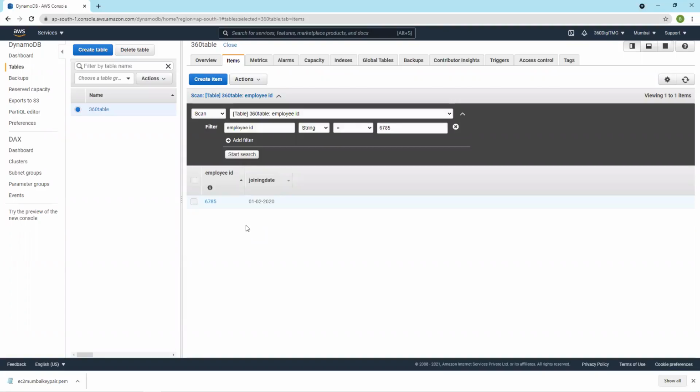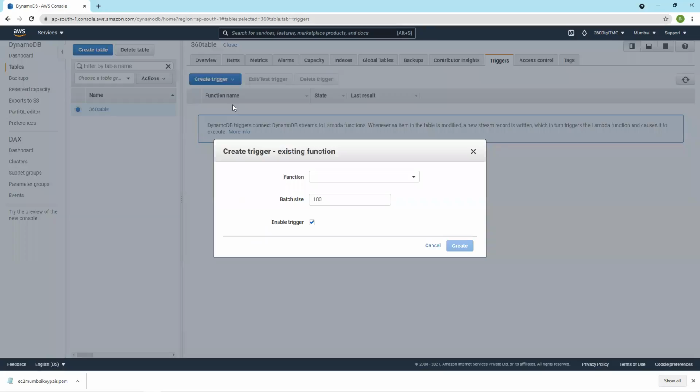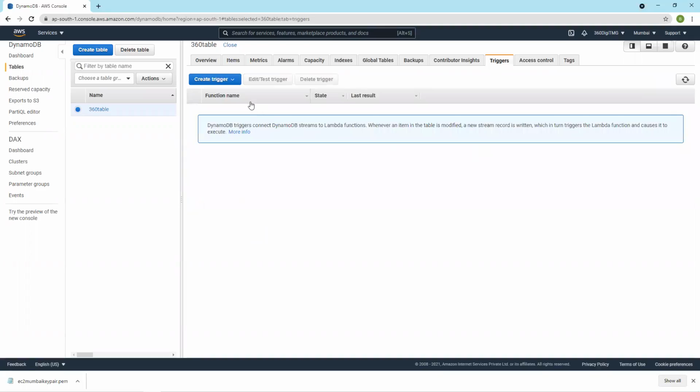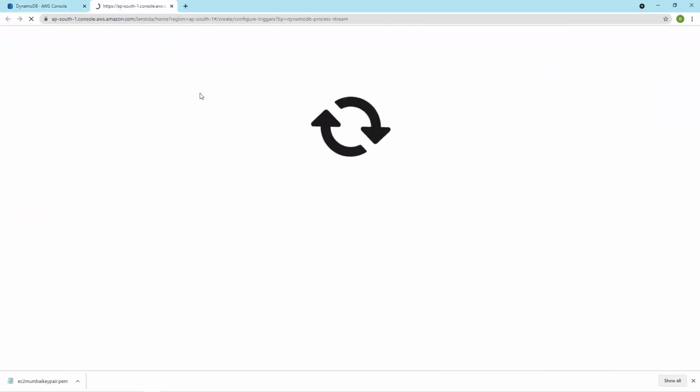So instead, we can add a trigger on the DynamoDB table. Whenever a new score comes into the DynamoDB table, I'll create a trigger. I'll use a Lambda function. There are no existing Lambda functions; this is a new account. So let us add a new function. Here itself, you can add a new Lambda function.